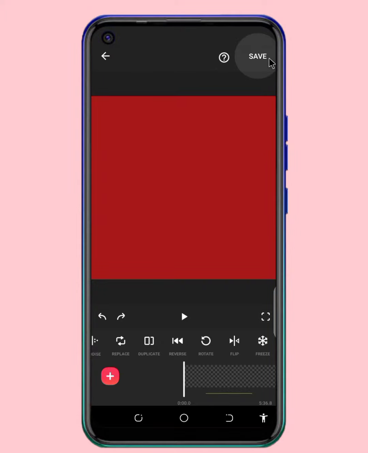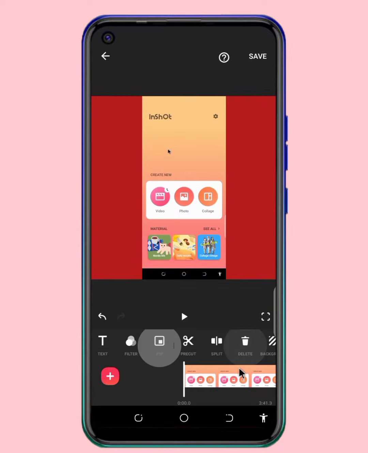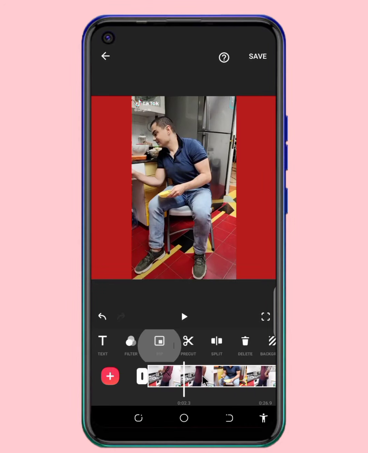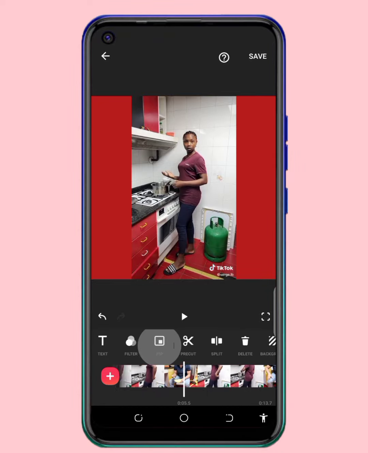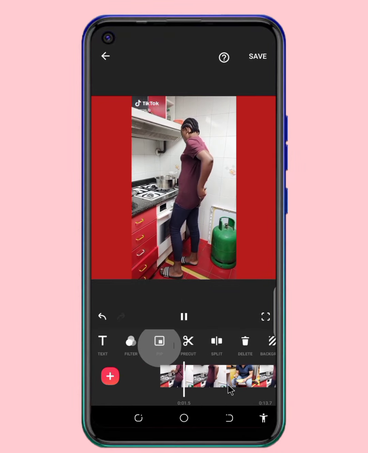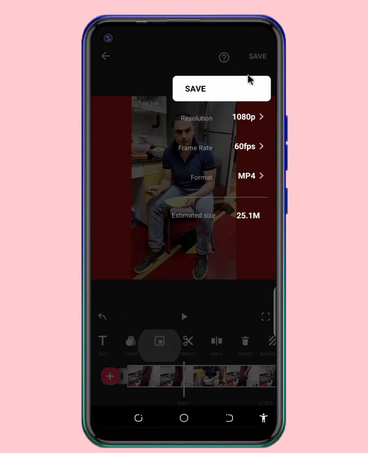To export your video, simply click on export. For that, I want to show you how to export. So I'm going to delete some things. Okay, now to export this video, all we need to do is click on export, on save, and then the resolution we can decide to leave it, to put it at 720. The frame rate, my advice,